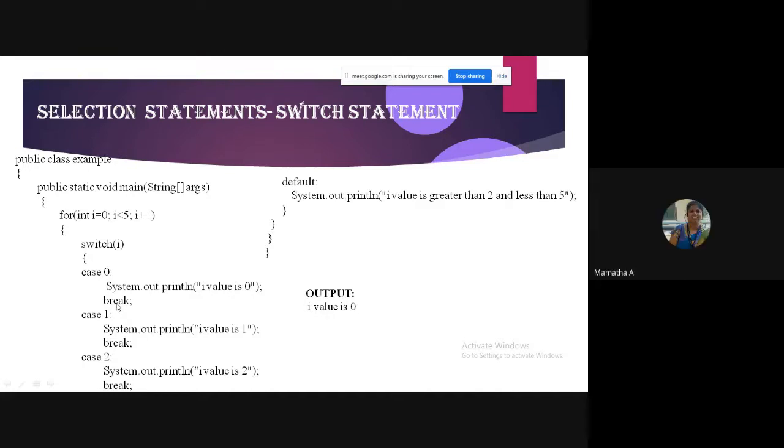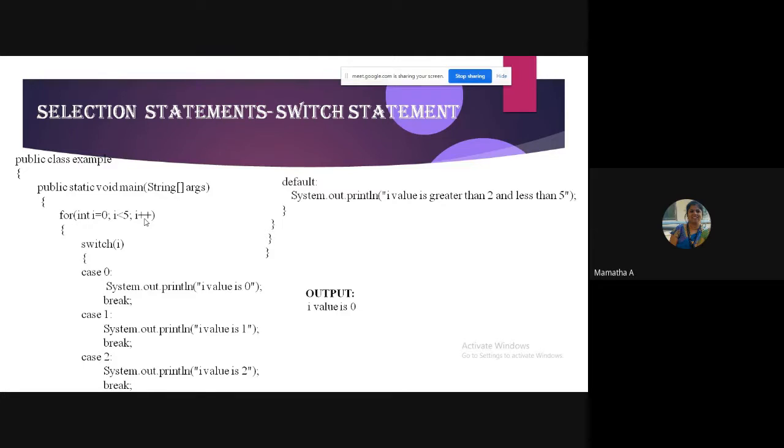When I value is 0, it will reach the break statement. Remember, the break statement plays a very important role here. Whenever the compiler sees the break statement, it will come out of the switch and go back to my for loop updation. Very important there. Then I value is incremented to 1.